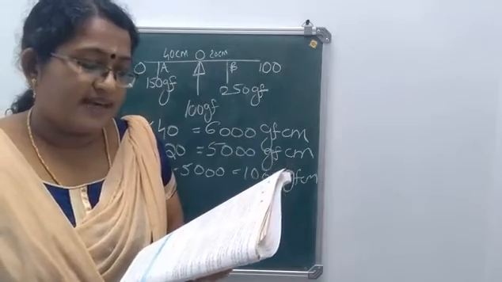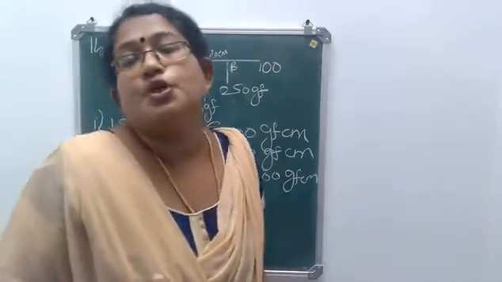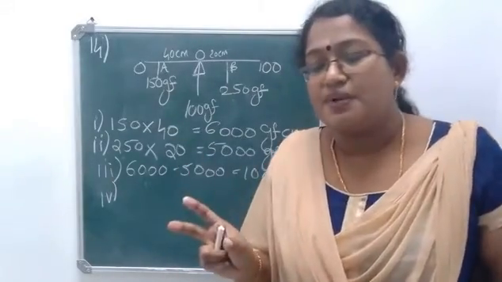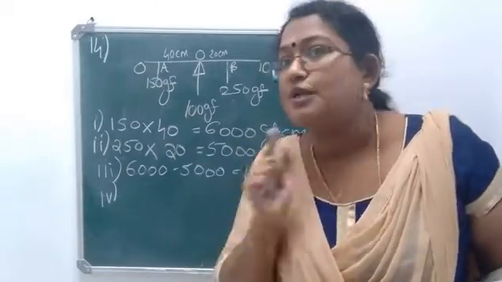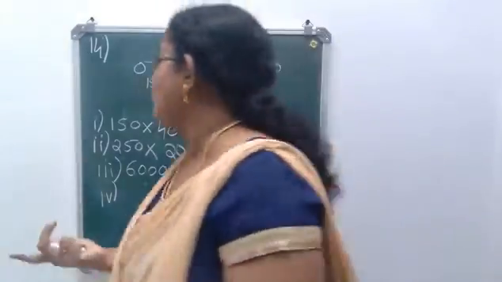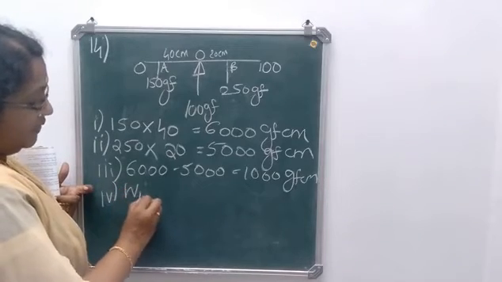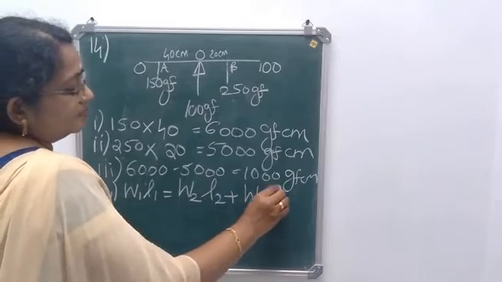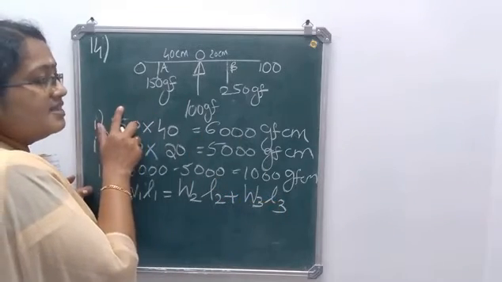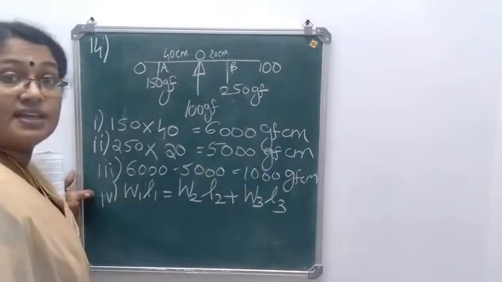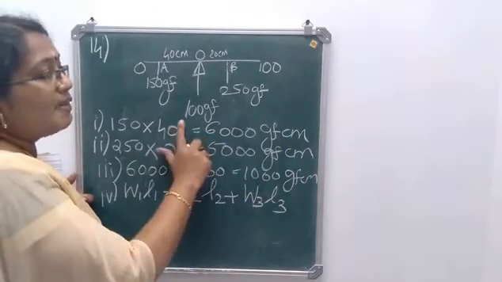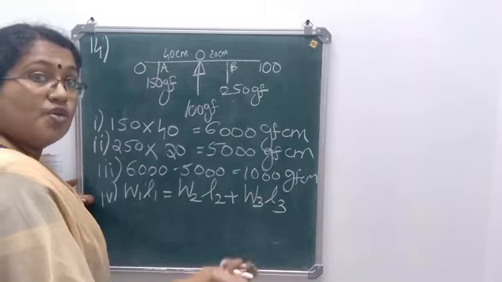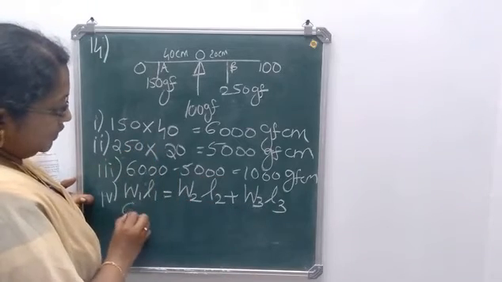Now we have to balance the rule. So a weight of 100 gram force is there, where should you keep this 100 gram force in order to balance this? So actually, according to principle of moments, W1 L1 is equal to W2 L2. Here we have to add one more term, isn't it? W1 L1 is equal to W2 L2 plus, here it is 6000 gram force centimeter, here it is 5000 gram force centimeter. So in order to balance this, we have to add one more weight here. The weight is given as 100, we don't know where it should be hung. So that is what we have to calculate.